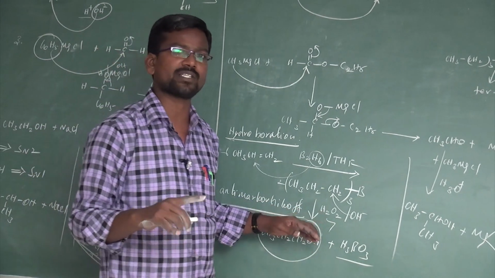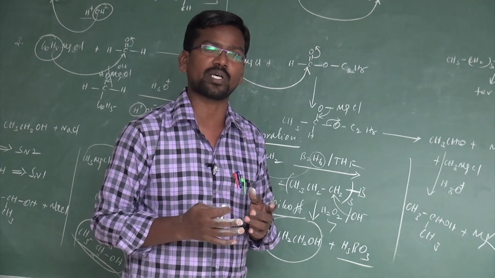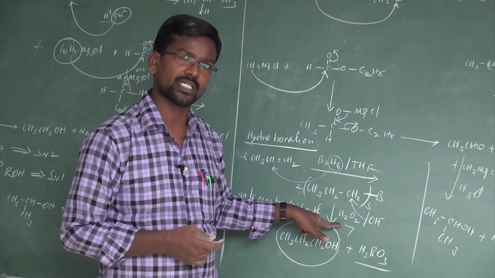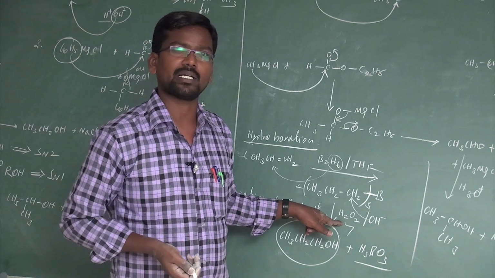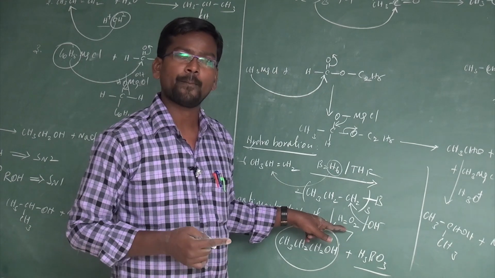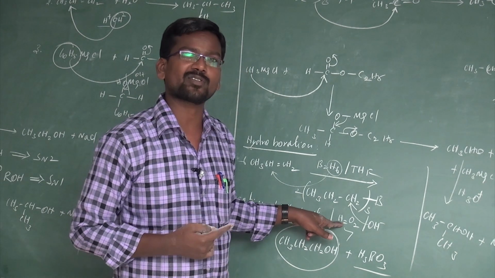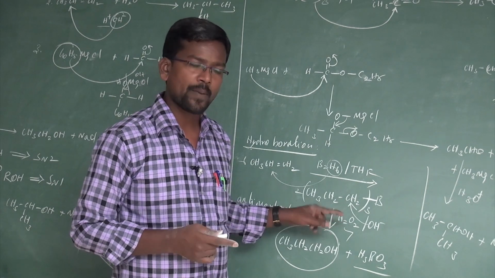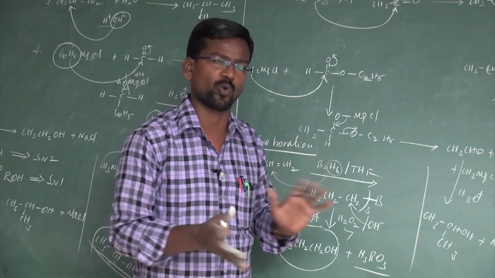What is the Markovnikov rule? What is the anti-Markovnikov rule? According to the Markovnikov rule, the negative part of the addendum attaches itself to the carbon having the lesser number of hydrogens. For anti-Markovnikov, the negative part of the addendum, that is the OH minus ion, is used in presence of hydrogen peroxide or trifluoroperoxyacetic acid, perbenzoic acid, parachloroperoxybenzoic acid, then Caro's acid, peroxomonosulfuric acid, peroxodisulfuric acid, Marshall acid; all compounds containing a peroxide linkage are used in the anti-Markovnikov rule.